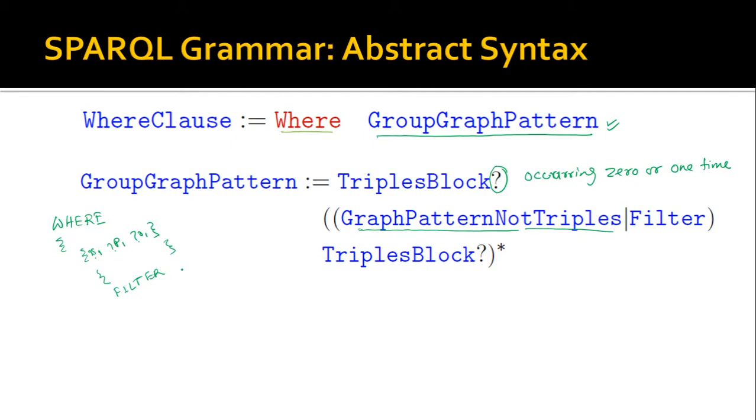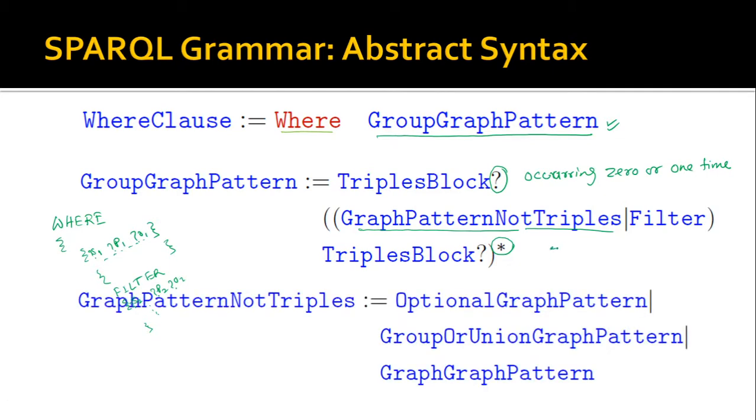right? So finally, it can also contain another triple block, say S2, P2 or O2, right? And you can be having multiple. So you can be having multiple such statements inside the block, right? And this part you can see that this has been marked with a star. So that means this entire pattern may appear 0 or more than 0 times, or more repetition,